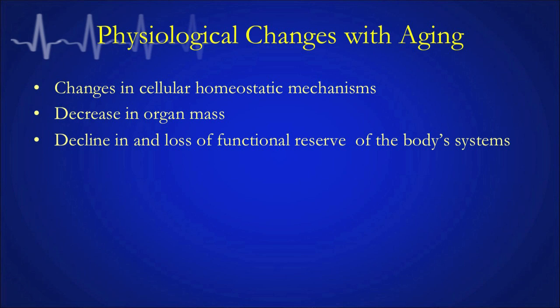So if we think about physiologic changes, I think we can kind of group them in three areas. One is that there are changes in the cellular homeostatic mechanisms, and I'll be talking about that in terms of blood pressure regulation or volume regulation or temperature regulation. We know that there is decrease in organ mass, and I think the most significant one, which I just like to convey that concept to you, is that there is decline in and loss of functional reserve of the body